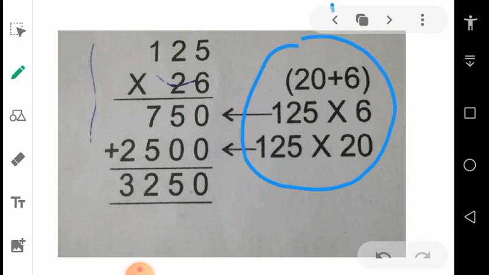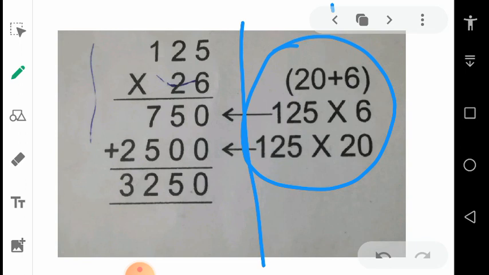As you can see inside the circle, a few numbers and multiplications are written. So right now do not focus on this, I will tell you this concept later. Okay, as the traditional method of multiplication, focus on the left hand side. We are going to multiply 125 by 26.